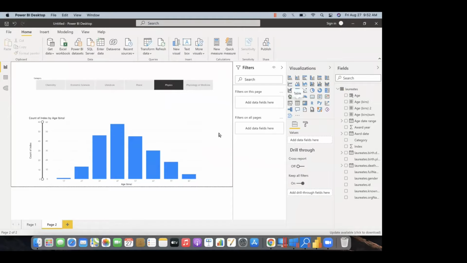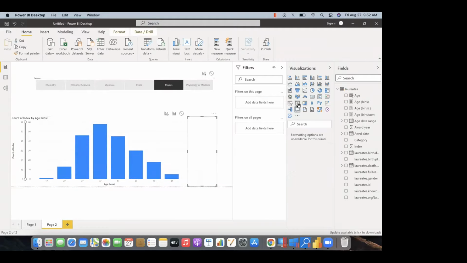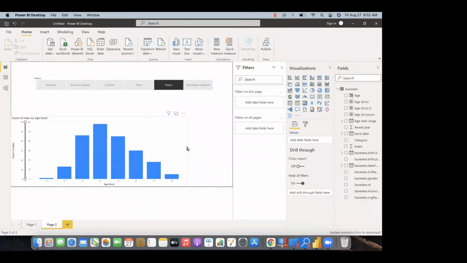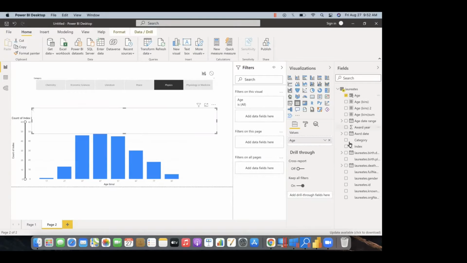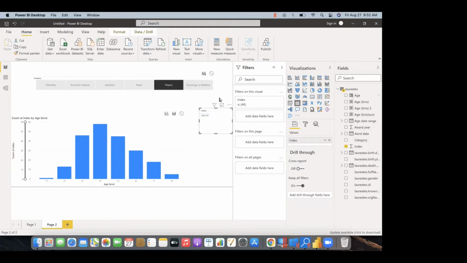So for example, we'll add a table with age and category, something like that. Its default behavior is it will be applied to all the visualizations. Yeah. We can change it.